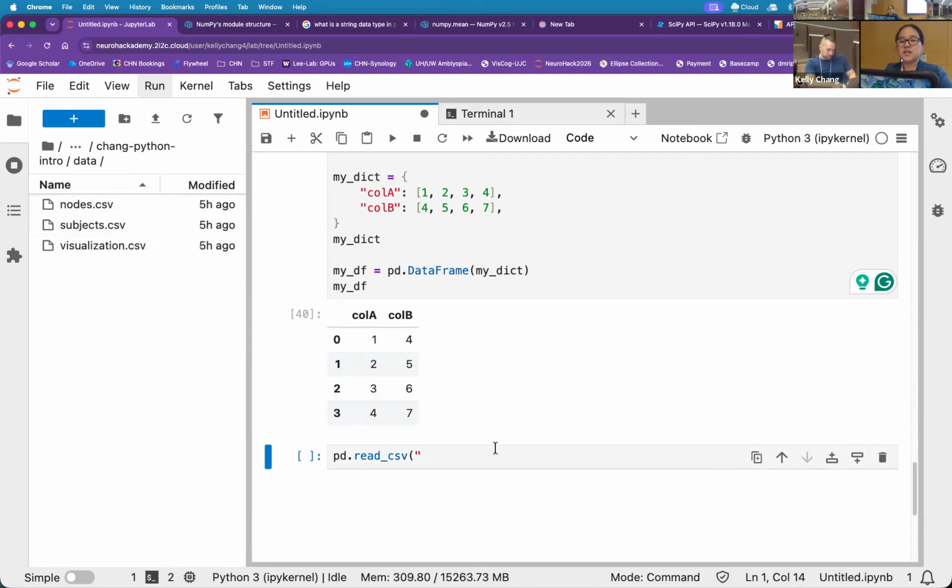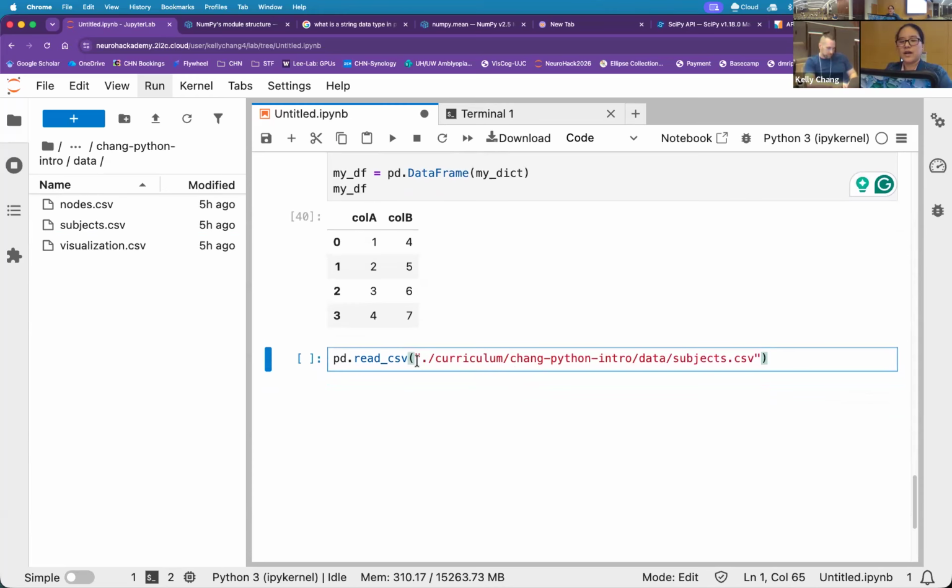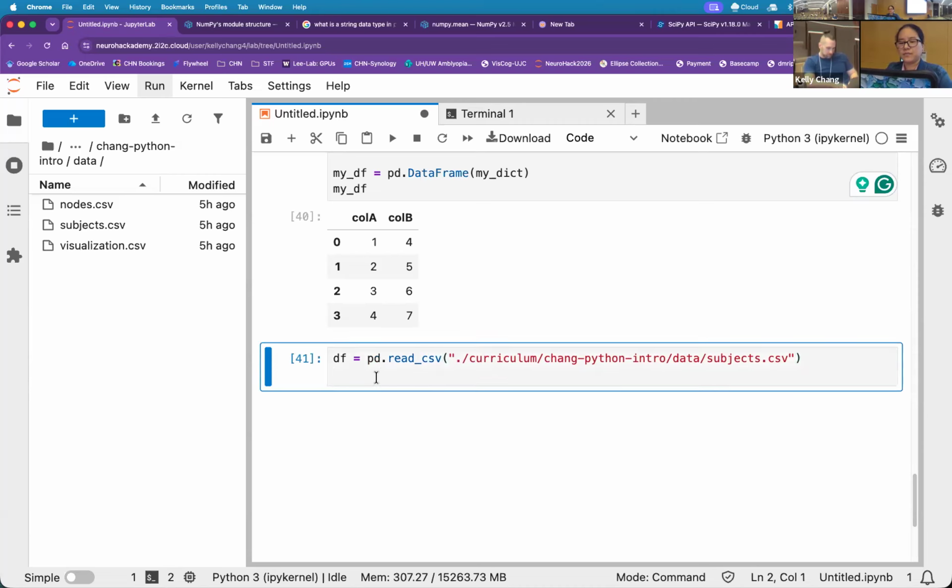I'm just going to load one of these in. So I'm going to start from where I am, go into curriculum, go into Chang, go into data. Let's just load in subjects.csv. So I specified the function read underscore CSV, and I'm going to give it a data frame class and read. Great, didn't crash. I pathed correctly.